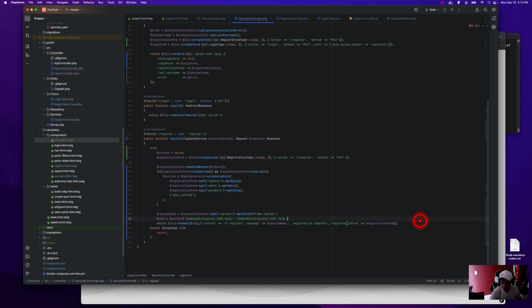Actually want to return basically this whole thing, except the twig is just component/error.twig. Yes, that's fine. Message. We'll just be like not captain.